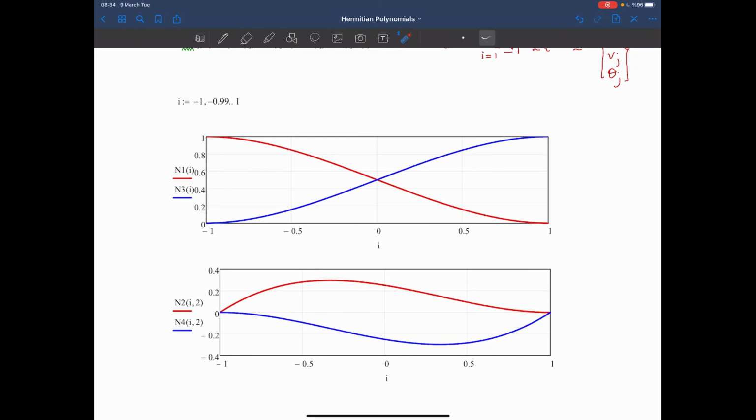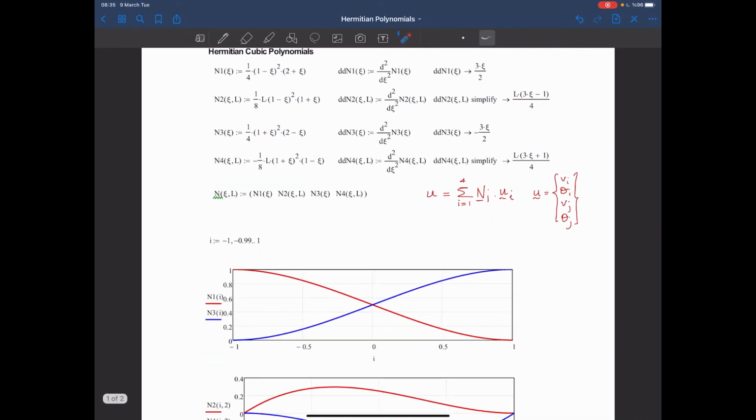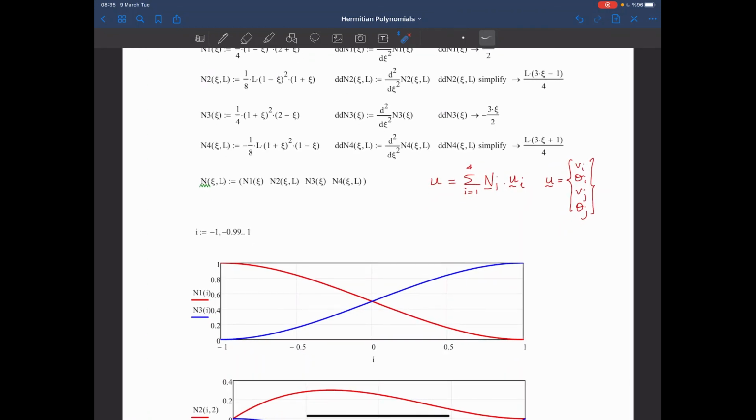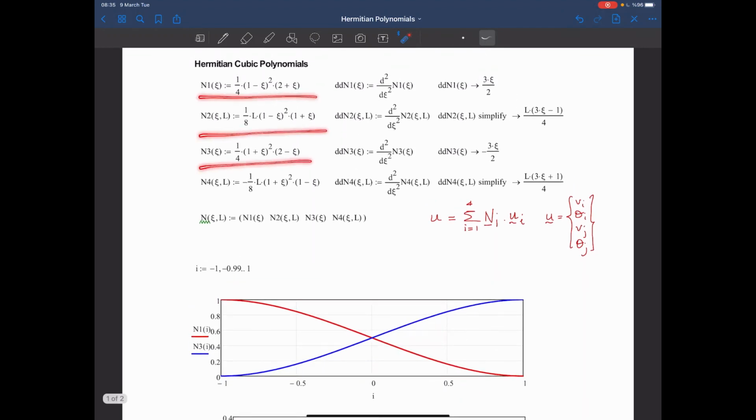And as we discussed before, these polynomials have the same shape that we use while deriving the stiffness matrices. These are given by the deformed shape. We give a unit translation to one of the degrees of freedom while keeping the rest equal to 0. And this is the polynomial representation of these shape functions. Now,